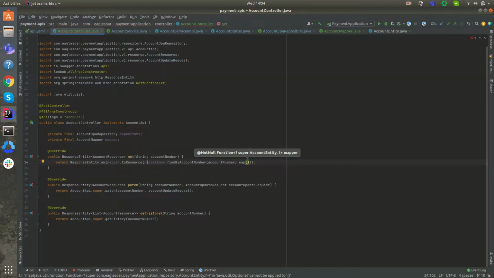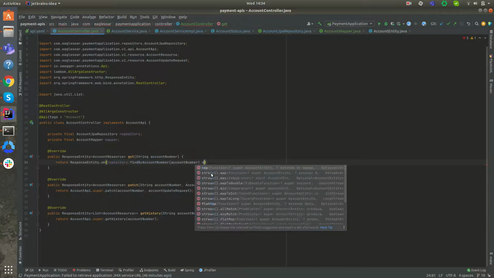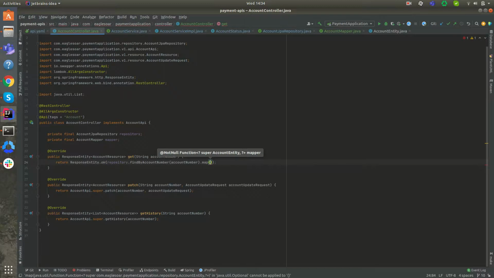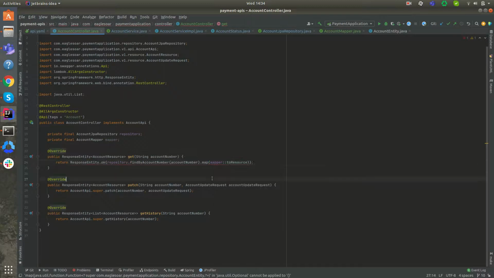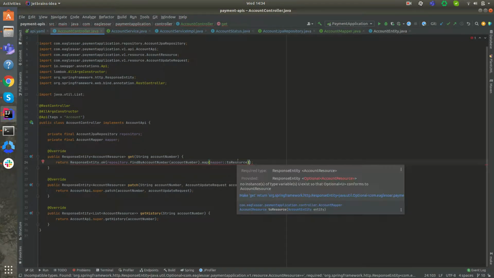So what we can do is remove this and then say the mapper to resource, right? And then account resource, and it's an optional account resource, or else